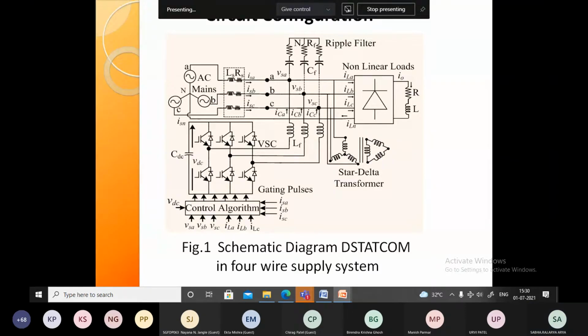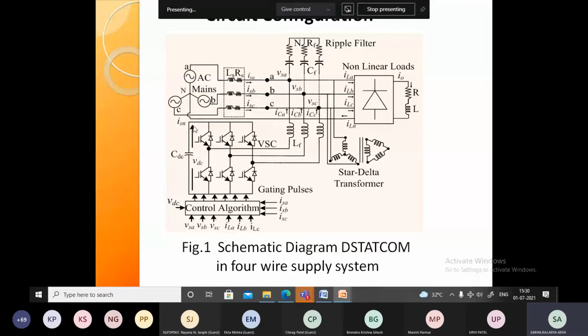Next, you can see this is our basic circuit diagram. This is the type of circuit we want to develop. In this case, we have the supply source, then the load, then the converter. This is the transformer; by this transformer, we want to compensate the neutral condition. Other functions we can do as well: we use one DC link capacitor, a DC link based converter, an interface inductor, and one RC filter.